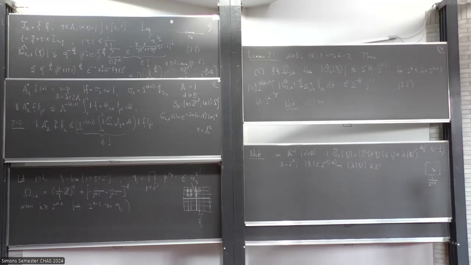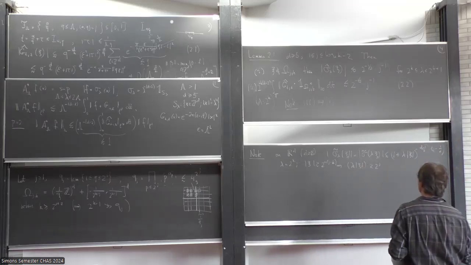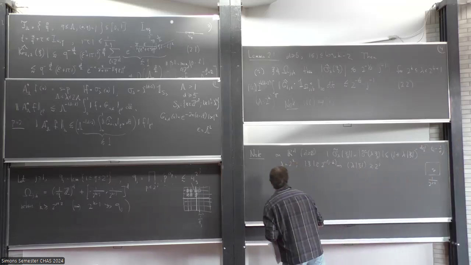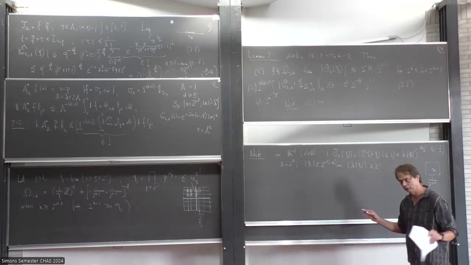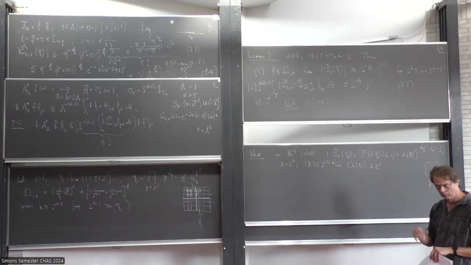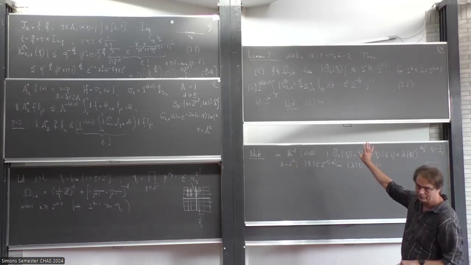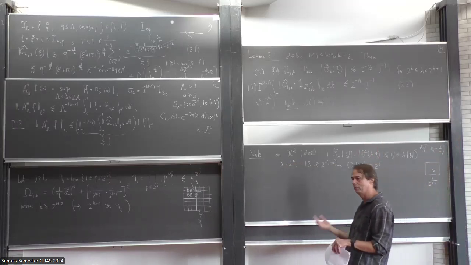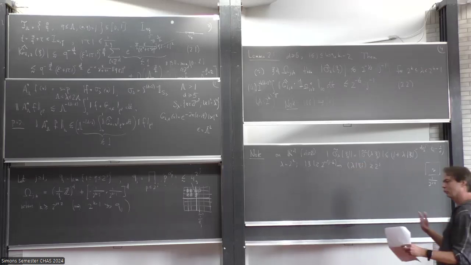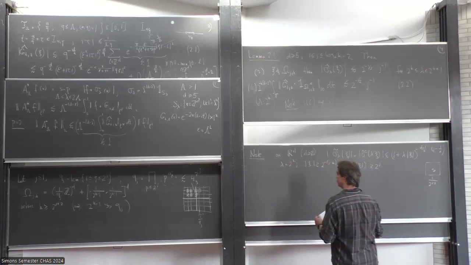We have an extra j to the minus 1 because we assume something stronger, actually. A little bit stronger than just being away from the origin. We are being away from a lot of lattice points. So this is the analog of the concentration of the Fourier transform at the origin for the continuous case, and that is the discrete analog of that concentration. That is the basis for many things which you can prove in the discrete case, which is somewhat analogous to some theorems in the Euclidean case. The spherical maximal is just one example.